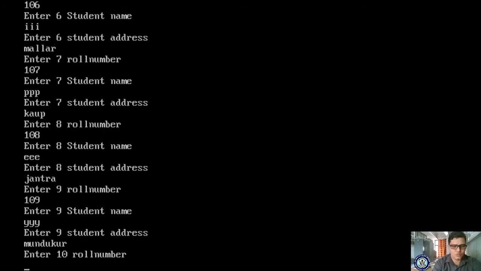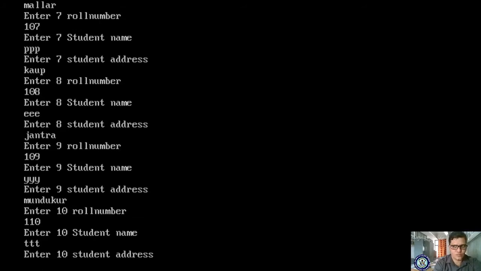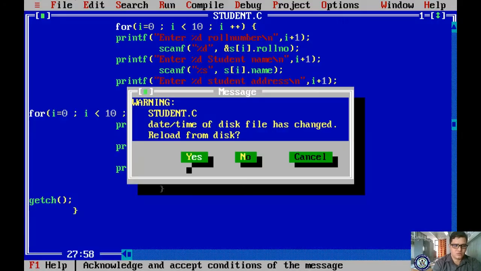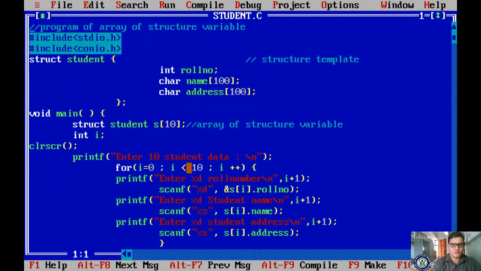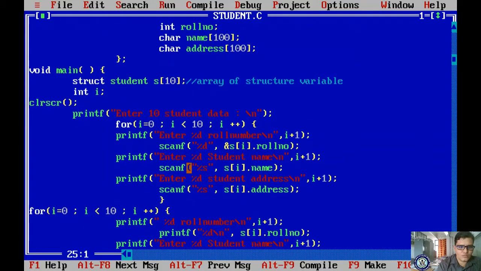Okay, 110 student name some TTT, address Pilar. Yes. So afterwards it is supposed to display. It is accepted, but it has not displayed. Right, why, we have to see now.